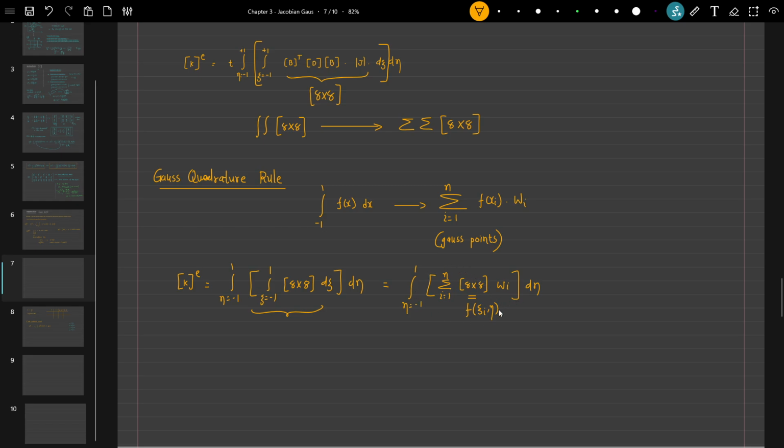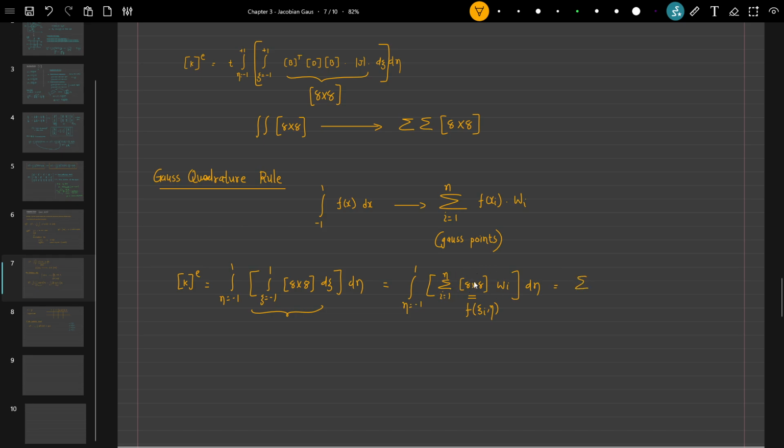Now this is one term, and let's take this term and apply the same Gauss quadrature rule again on this 1D case. So this is our function. This complete term is one function. So we can further apply